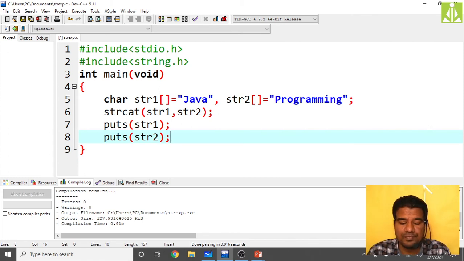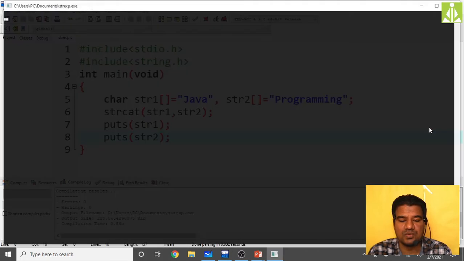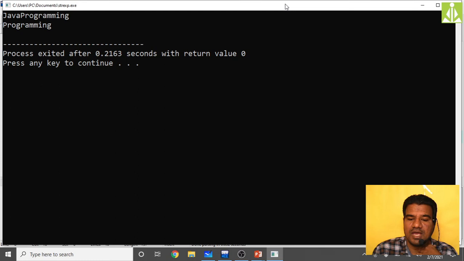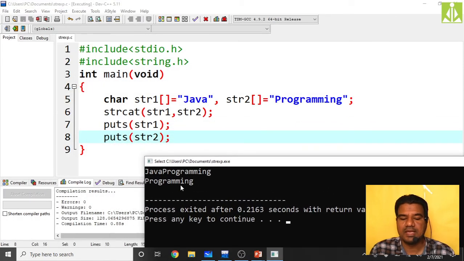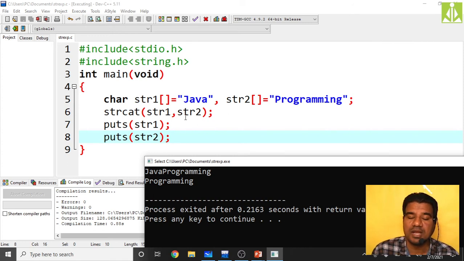Compilation is successful. Execution, as you can see, we are getting string 1. When we are printing string 1, we are getting Java programming, because whatever concatenation it is doing, it will join the second string to the first string only, and the second string will remain unchanged.